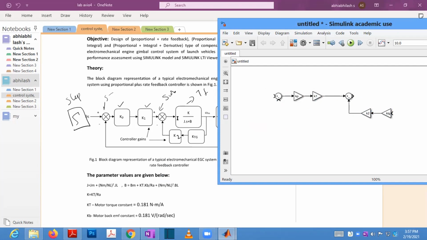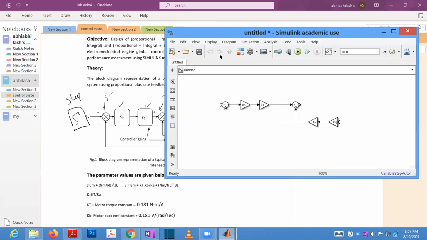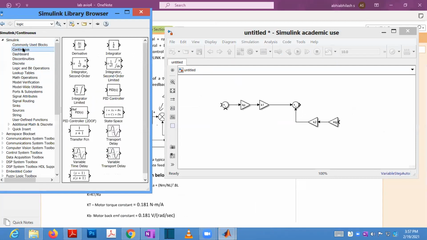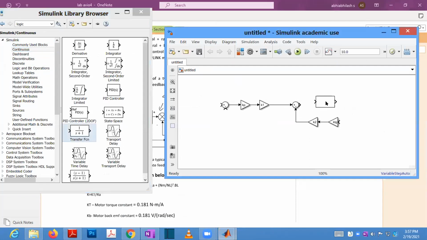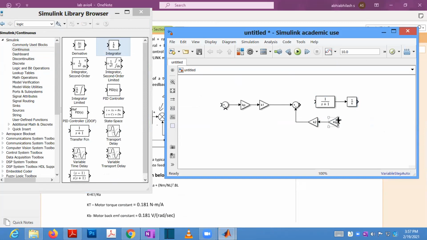So now I have to take this transfer function and one integrator. Transfer function and integrators are available in continuous blocks. So you have to use this transfer function only. And integrator, you have to use this integrator, not the limited integrator. Simple integrator you have to use. And complete it, and KTG is coming to this omega. And here. And from here to